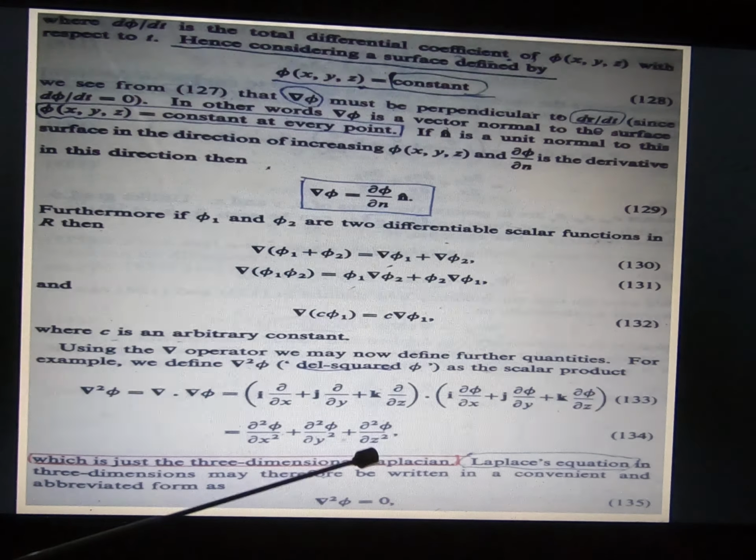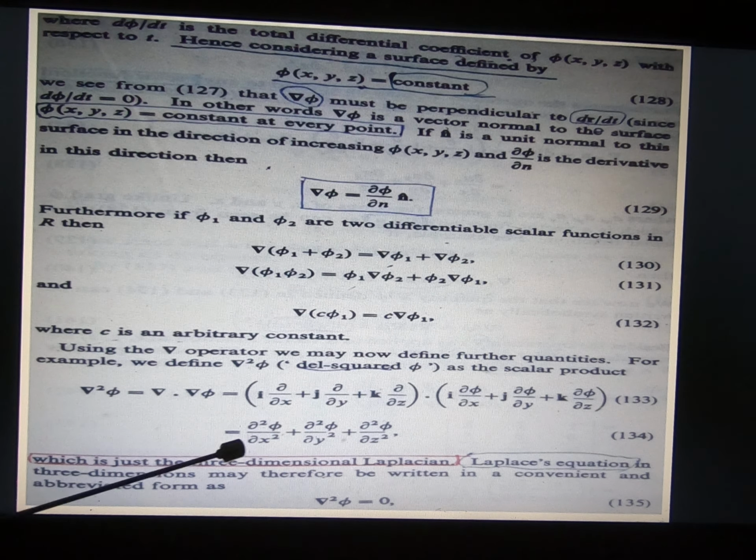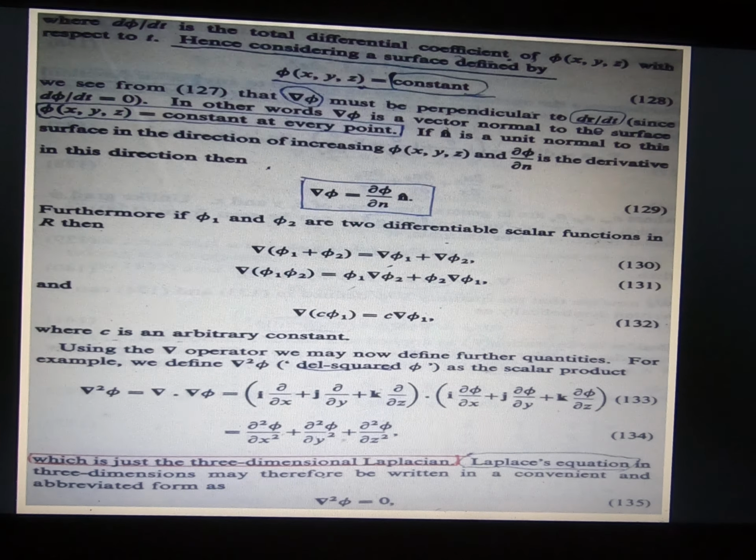It can be a scalar. The grad is a vector, and it's called del squared. If you work on a vector function, A is a vector function, the grad will become a vector, and there's a definition of curl, and you can see the curl is defined by this,